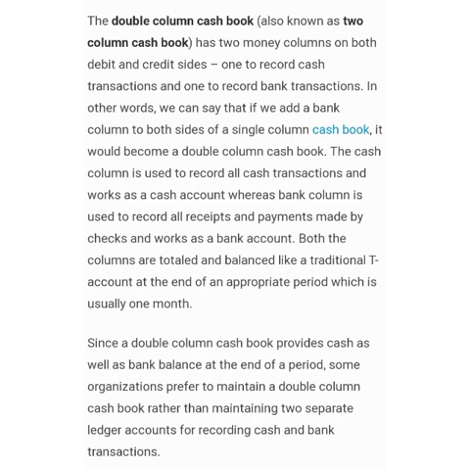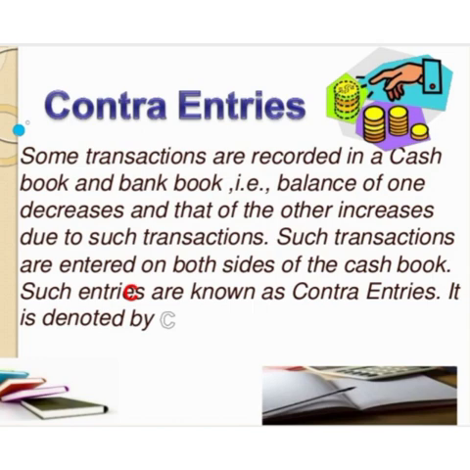Next, we are going to learn about the term contra entries. Those transactions which affect cash and bank simultaneously are known as contra entries. For example, cash withdrawn from the bank for office use, etc. Bank column cash book has two columns for amount. The purpose of contra entry is to indicate the transaction which affect both cash and bank balance. It should be noted that these transactions are not posted to the ledger accounts.